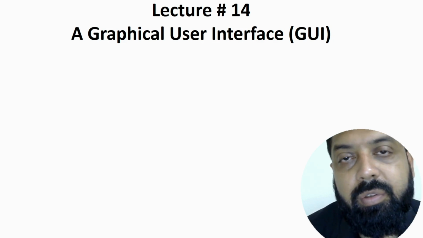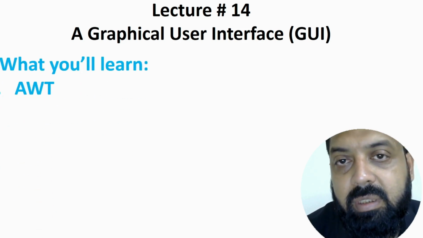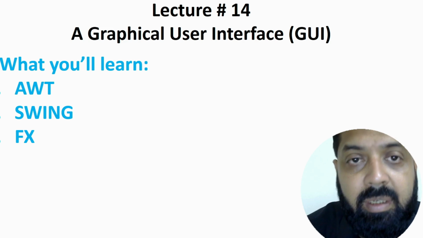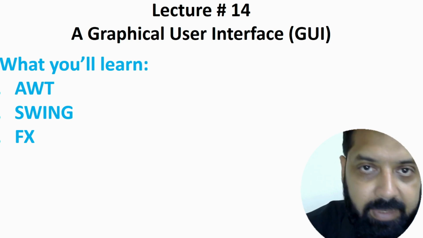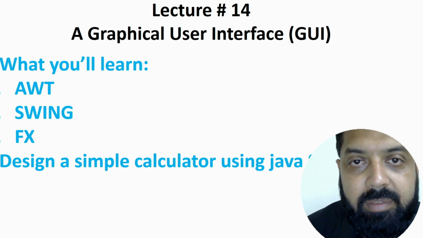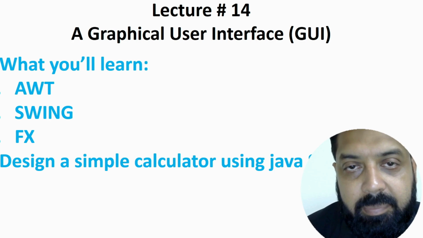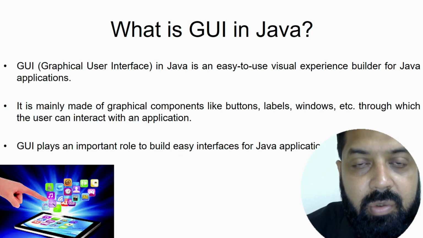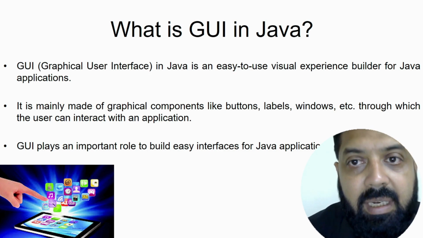In this lecture, we are going to discuss the graphical user interface in Java. Then we are going to discuss three different types of libraries that support Java GUI. First is the Abstract Window Toolkit, second is Java Swing, and third is JavaFX. Then we are moving toward a simple application in which we are going to design a simple calculator with the help of Swing components. So like other programming languages, Java supports a graphical user interface that produces a visual